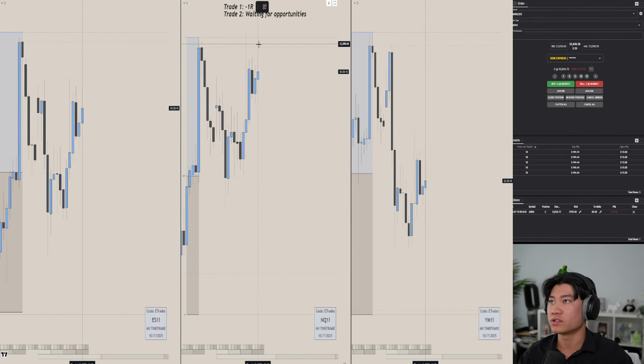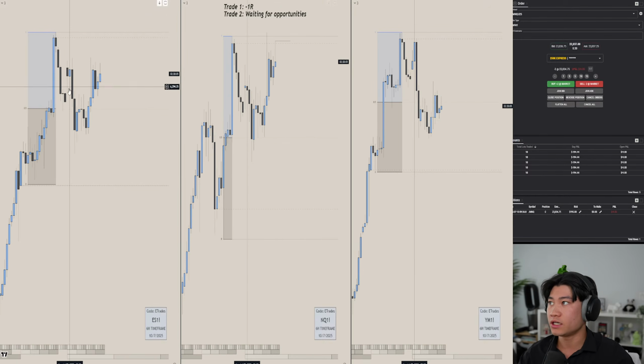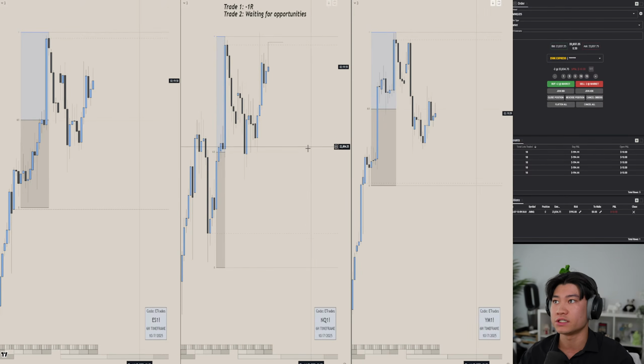If not, then it's probably just going to stop me out up here. And if it does continue pushing higher, then I'll keep an eye on ES, YM. Is it able to continue pushing higher as well into previous week high, invalidating that SMT, and then looking for a continuation in price?